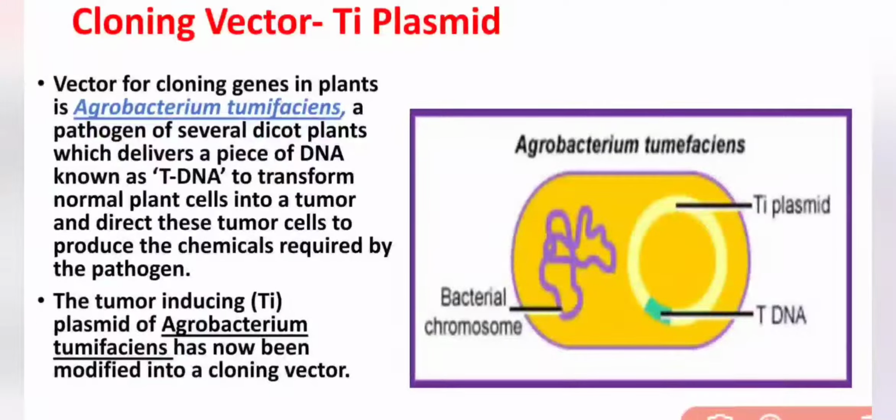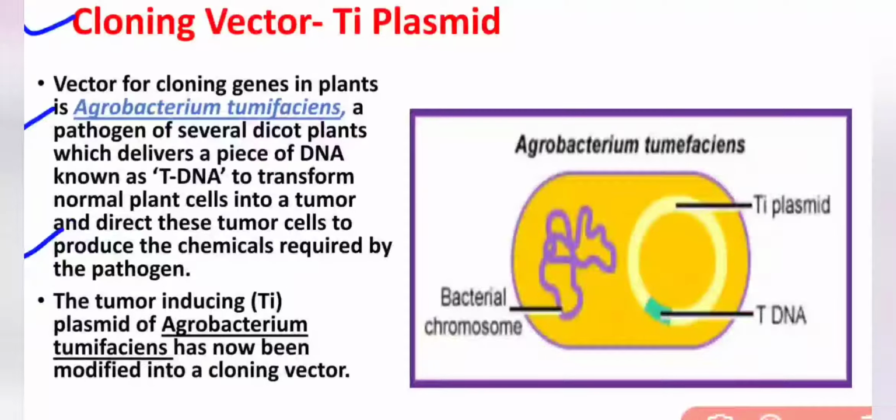Another cloning vector which is used in case of plants for transferring the foreign DNA or the gene of interest to the plants is the TI plasmid. Full form of TI plasmid is tumor inducing plasmid. This vector is obtained from a bacterium, Agrobacterium tumefaciens. This bacterium is a pathogen for several dicot plants, and it will deliver a piece of DNA known as tDNA to the host plant cell and transform the normal plant cell into the tumorous